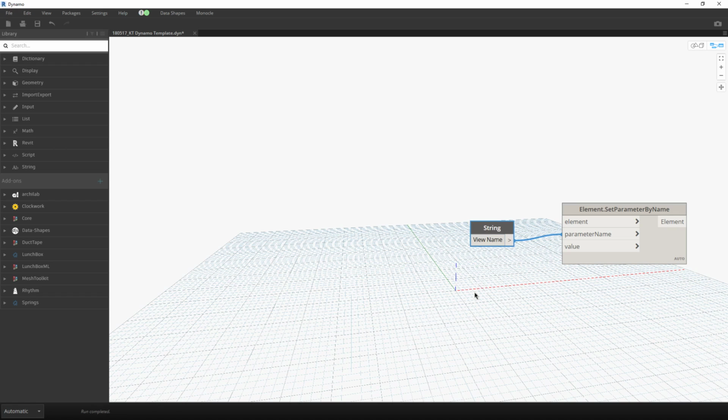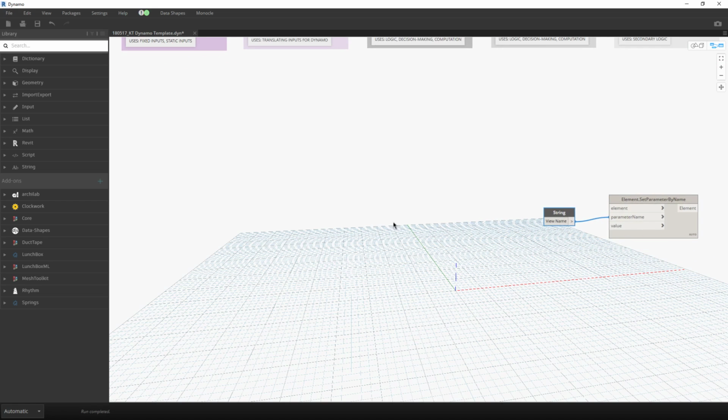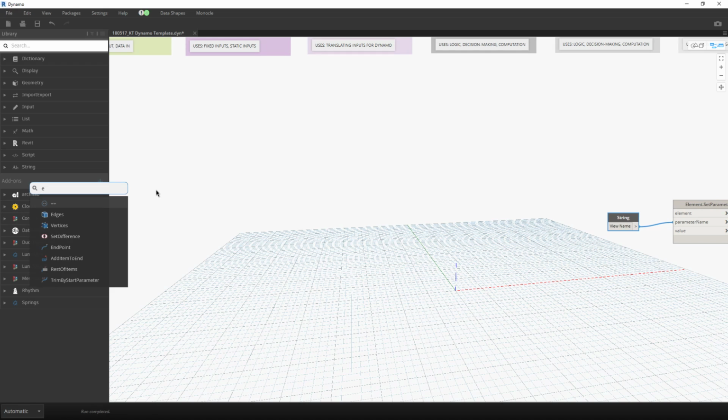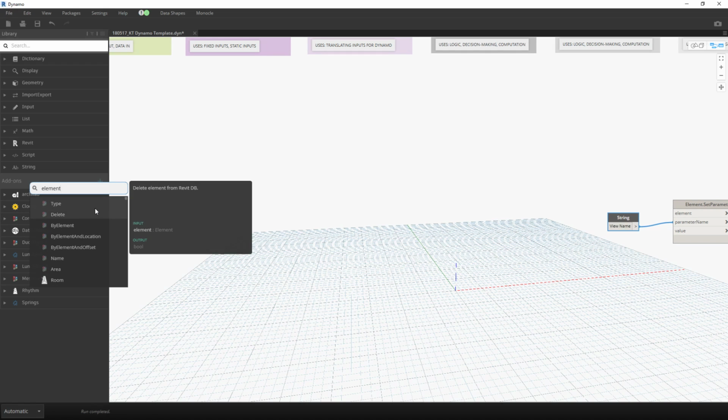Now we have to go backwards a little bit. I'm going to give myself a little bit of space here, because getting the elements that we want to rename is going to take us a little while. So we're going to start with selecting all of our views, right? So element by type, which is